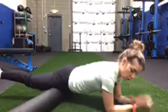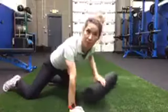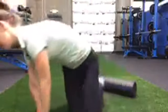So, all right, that's quad, that's glute, that's TFL. Those are some of my favorites. Let's work up the body a little bit now. One of the places I really like utilizing the foam roll is with our thoracic spine. I'm pretty prime